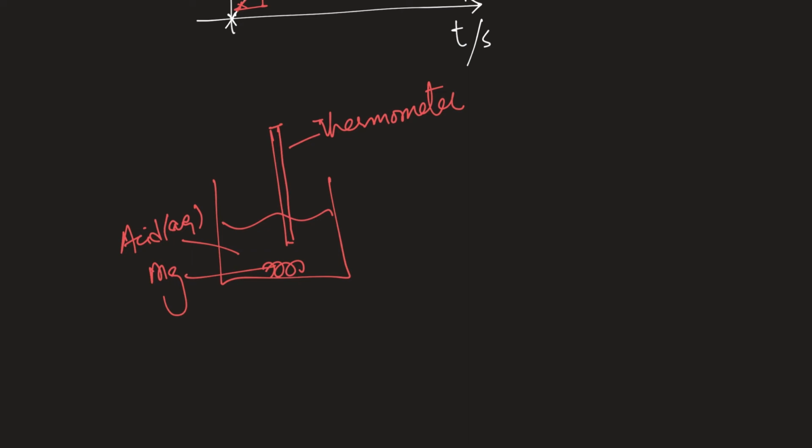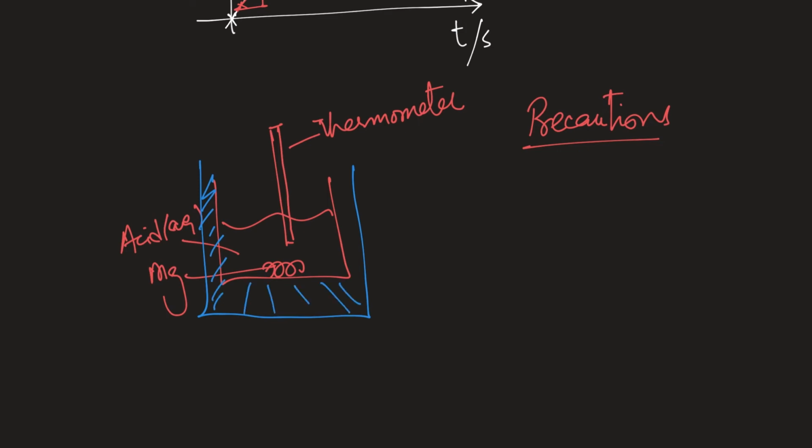Now, because there can be a loss of heat, we have to make sure that there are two precautions that we must take. Number one, to reduce the loss of heat, we should have some way of lagging the sides of this container. So that's first thing that we should do. Second, using a lid would also make sure that you're not losing a lot of heat. So to minimize heat loss,